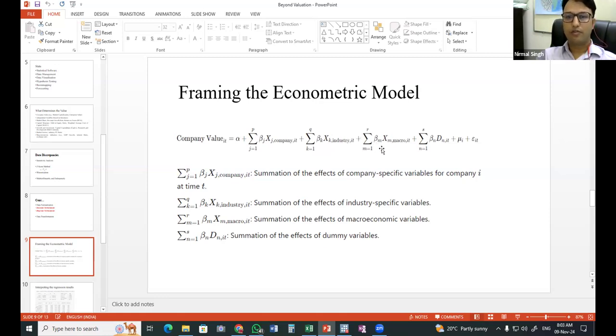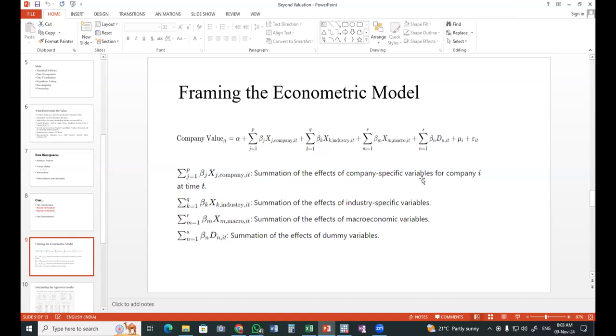The next one is macroeconomics. All the companies have to work within the economy, and the economic factors like how the GDP is changing, inflation is growing, how the exchange rate is changing, stock market capitalization, these are some of the macroeconomic factors that can impact the valuation of the company. So these are the independent variables. Whatever we are seeing on the right hand side, the different four vectors, these are the independent variables that can impact the valuation of the company. I hope the dependent and independent concept is clear.